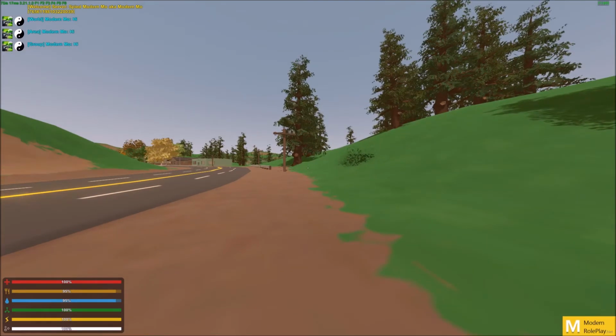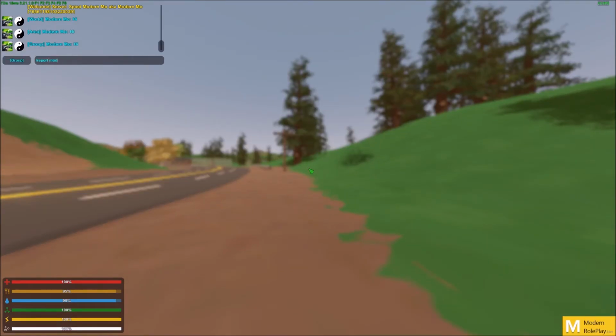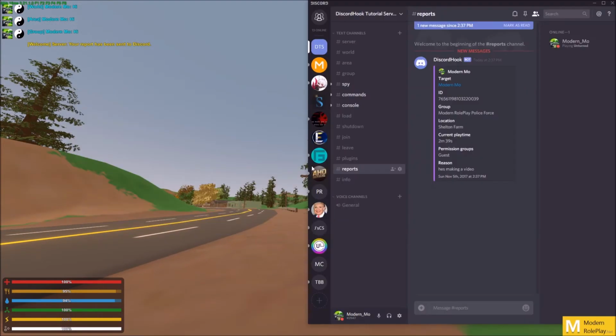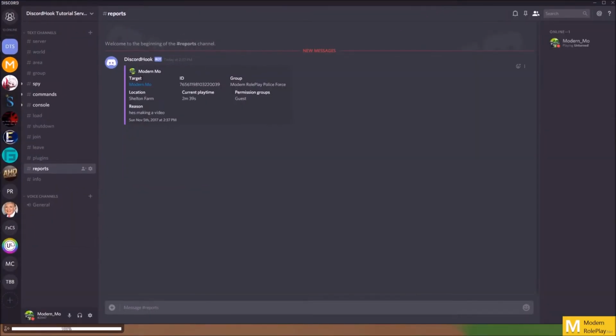The reports, when you do /report and somebody's name, so for instance modern, it can be short as if you're also TPing. So /report modern, and he's making a video. Right, my report has now been sent to Discord. In the Discord channel, we've noticed in report that there is now a report from Modern Mo, which is clickable to go to the player's Steam profile,